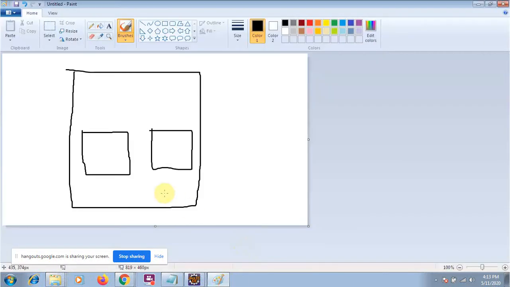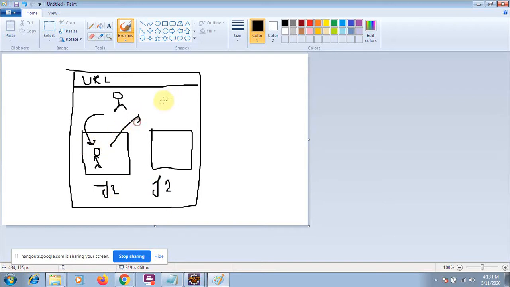There is a simple concept that you need to understand. Whenever you launch your web page by entering some URL, your driver will be on your parent page. Now you write a command to switch to the frame first, so your driver will be here and you will perform some operation over here. Suppose this is frame 1 and this is frame 2. If you want to switch to frame 2, you first have to switch your driver to the parent window, and then from the parent your driver switches to frame 2.